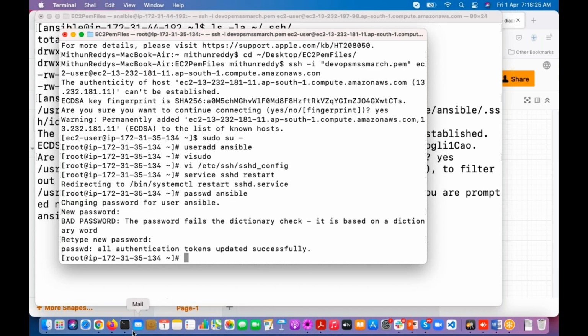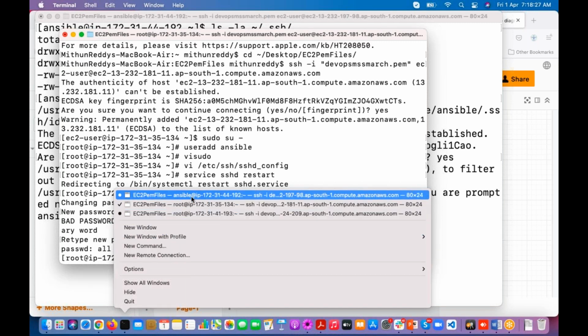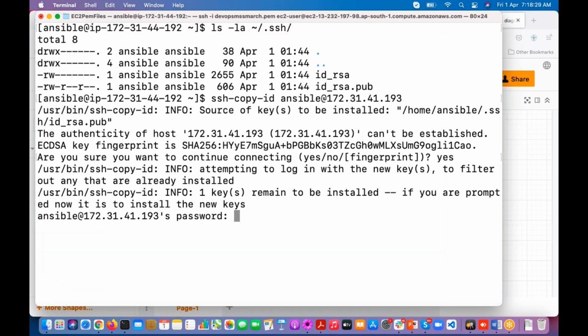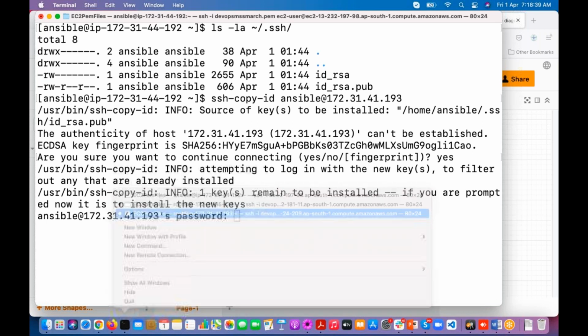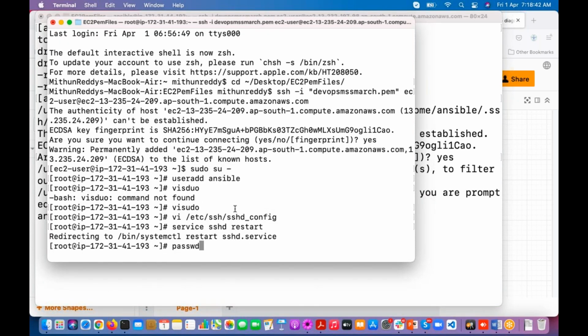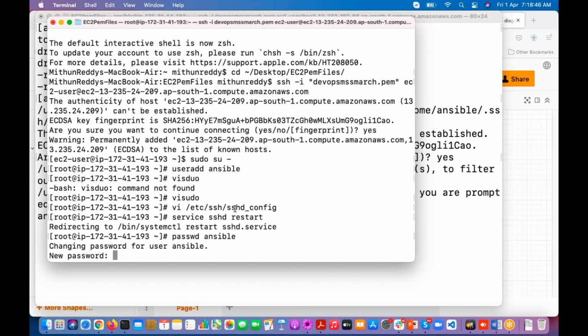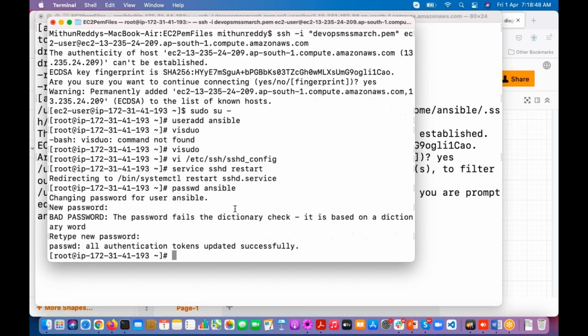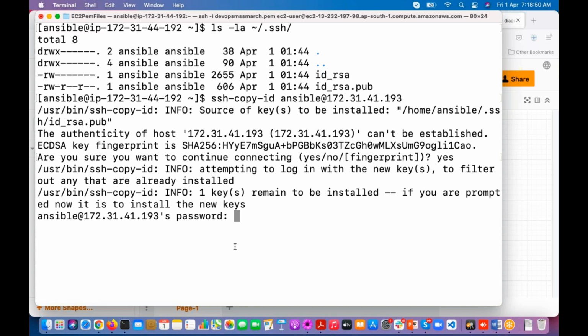Same way, in the other server also you can set it. Passwd, here the 193 server, passwd ansible. Now you can type that password of the Ansible user.